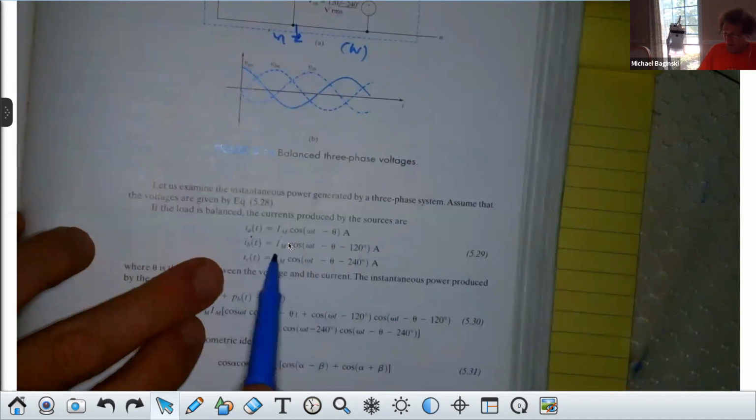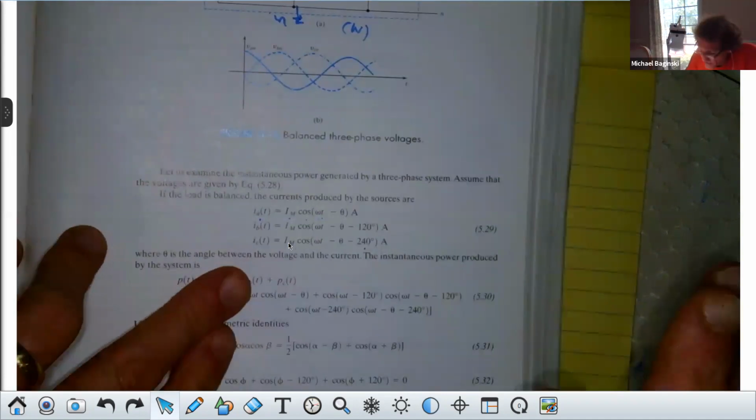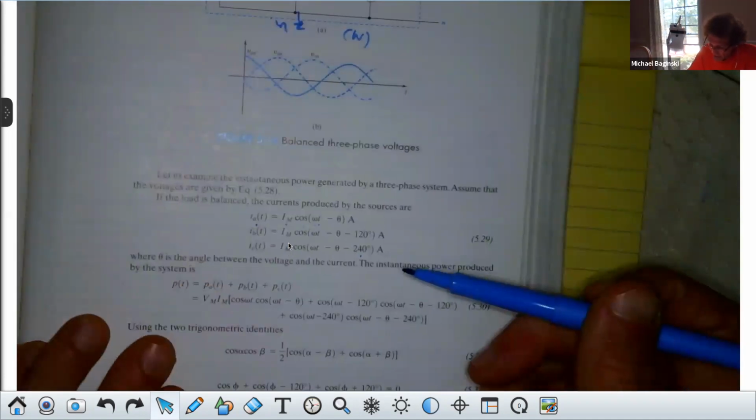The second current is going to be the same as the first, except it has 120 degrees of phase difference. And the third is the same as the first, only now it has 240 degrees of phase difference. Don't worry about this. I'll give this to you in a way that you understand in a PowerPoint as well